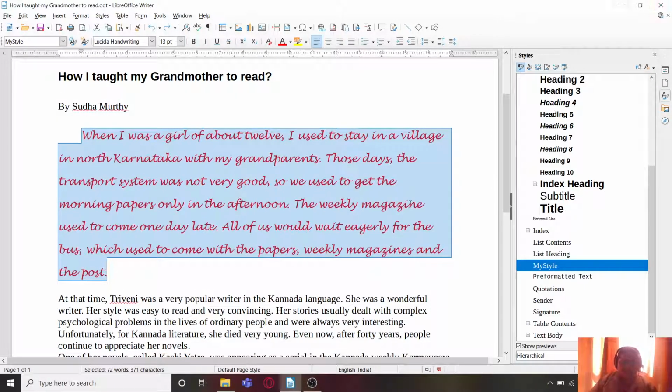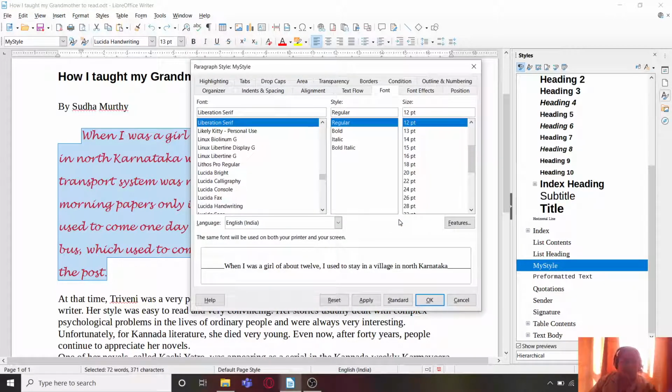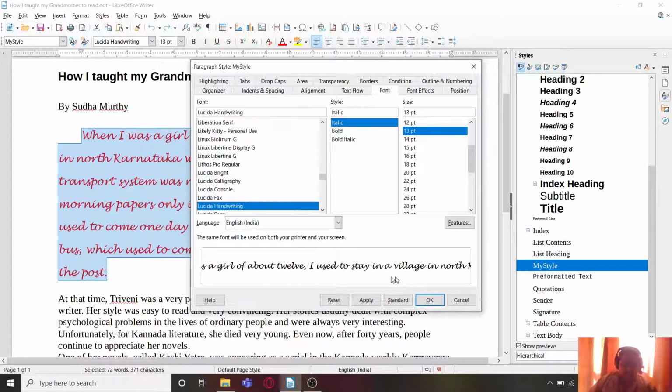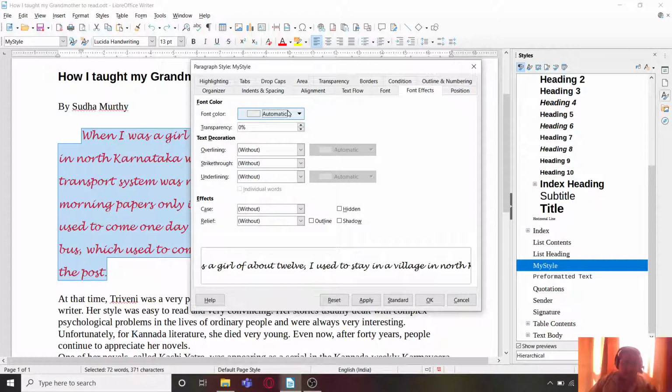So what we can do is, we already know what all things we have to change here. We can go on that required style, right click on it and click on modify, and from here we can forcefully apply all the different types of settings which we want. Like it is regular, I want to change its font size and change the font to maybe Lucida Handwriting, yes, and I'll go to font effects, change the font color, make it red, and I'll also go to other effects over here.